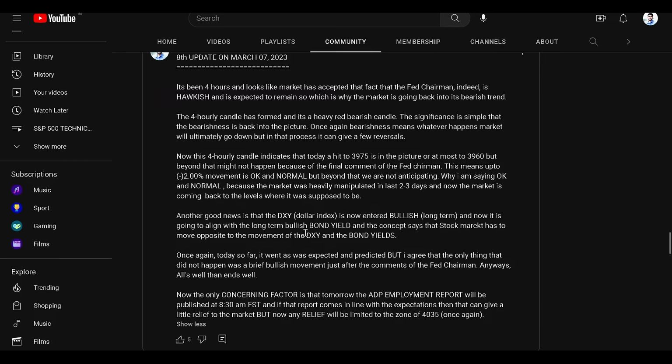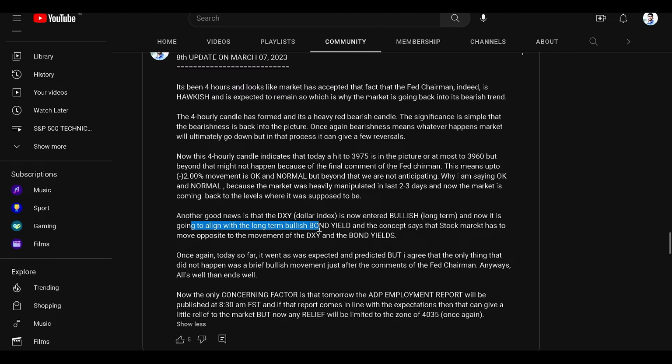And on the same day, on Tuesday, one more thing has happened. That was the dollar index. The dollar index broke out bullish. Earlier it was trying to, but because of the market manipulation, it failed. But now, on Tuesday, it broke out bullish, and now the dollar index has aligned itself with